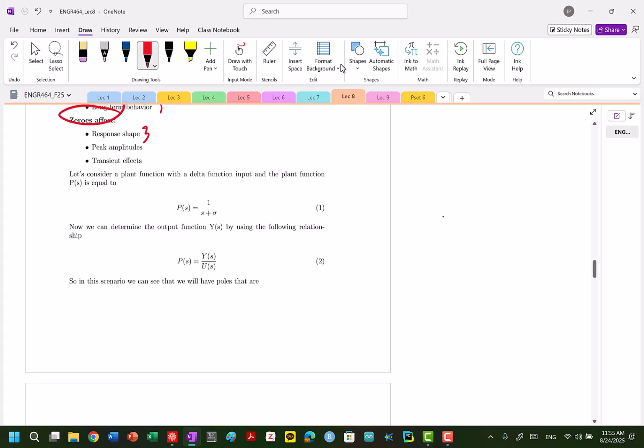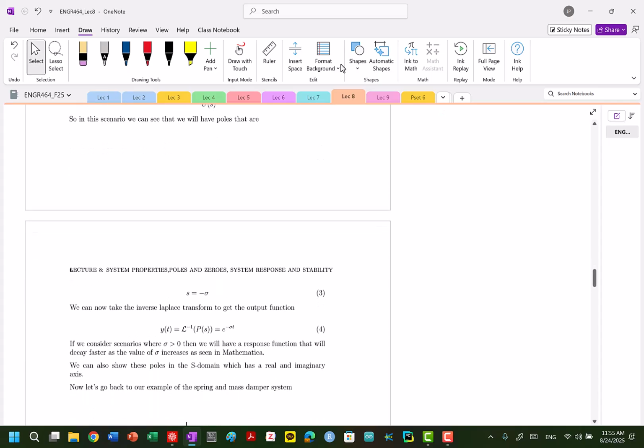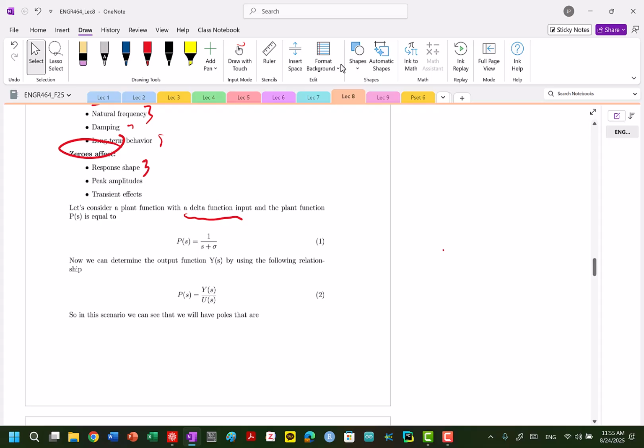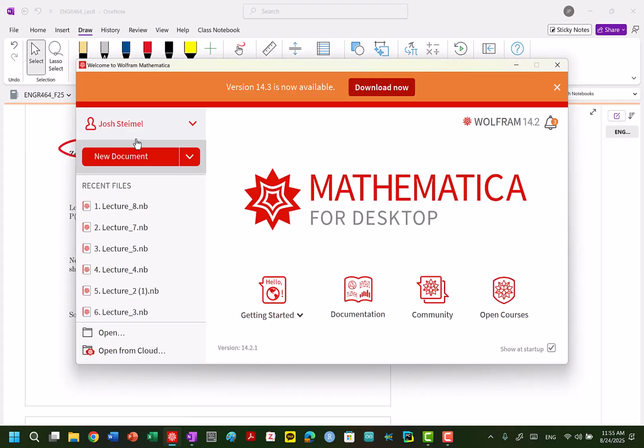So let's look at an example. We have a plant function and a delta function input. When you hear this word, or u of t, a delta function is just this. Sometimes I might say a step function, and I kind of use this interchangeably. I'm going to try not to, but a delta function, if you look at our Laplace transform, so if we say,